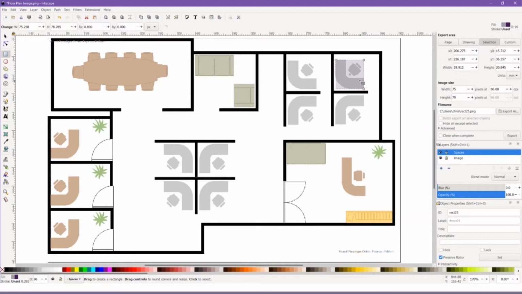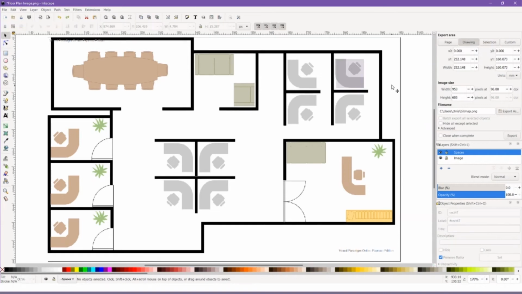Now, an important step, and this is why I have chosen Inkscape as my editor, will be to add a title here. So, for example, I'm going to call this space number 101. And I need to click on Set here to save the value. As I have already created one shape, I'm just going to select it and copy-paste it to move it to the next space. Okay, this one is going to be 102, set,